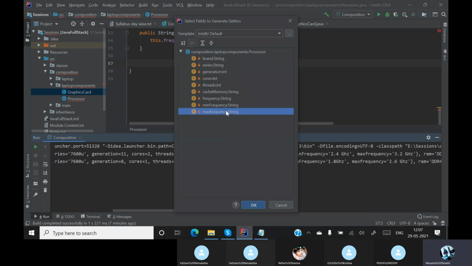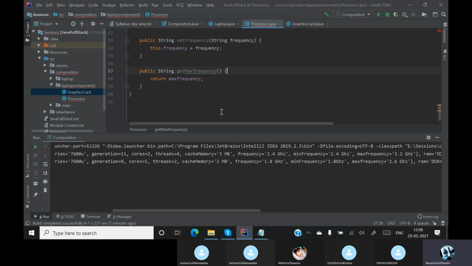Get maximum frequency. So the problem is this should be void, and this also should be void. No, the return type should be a string.